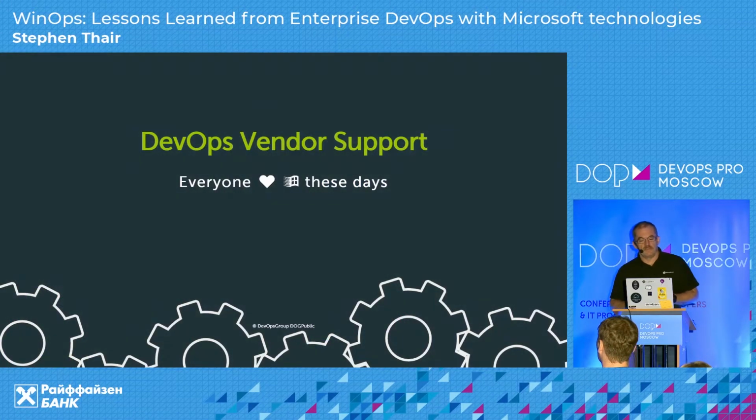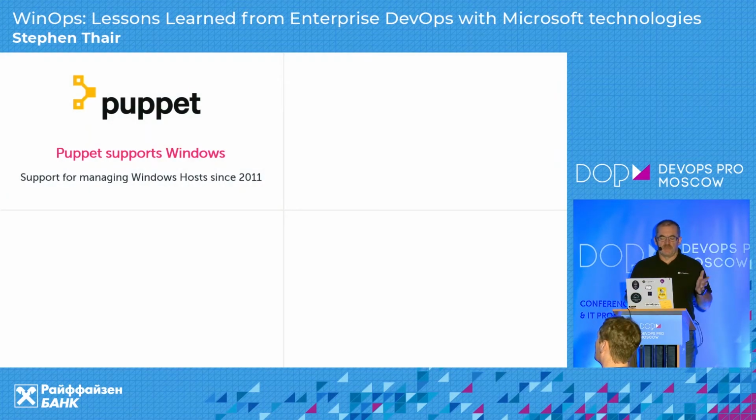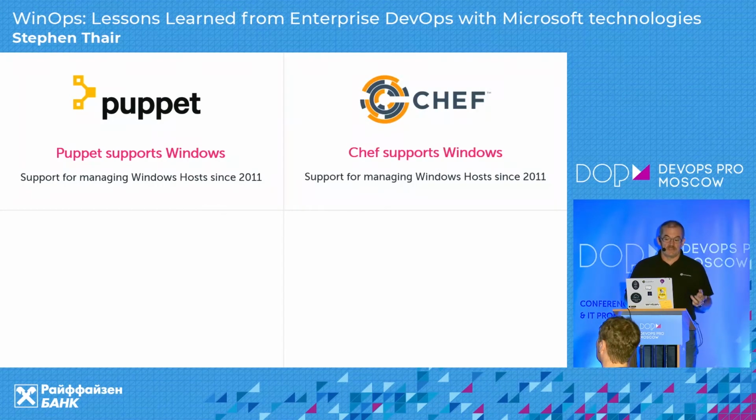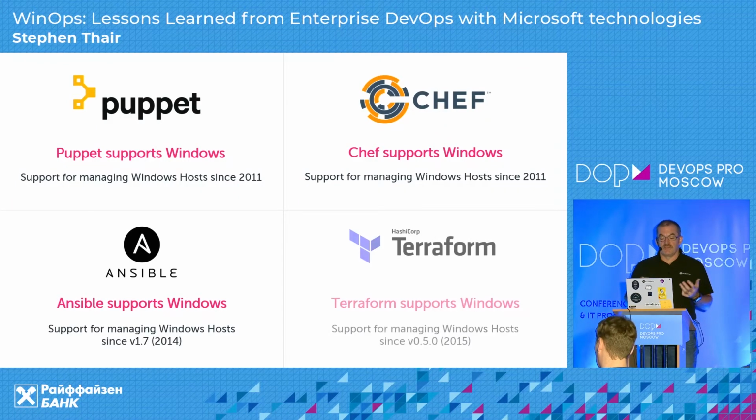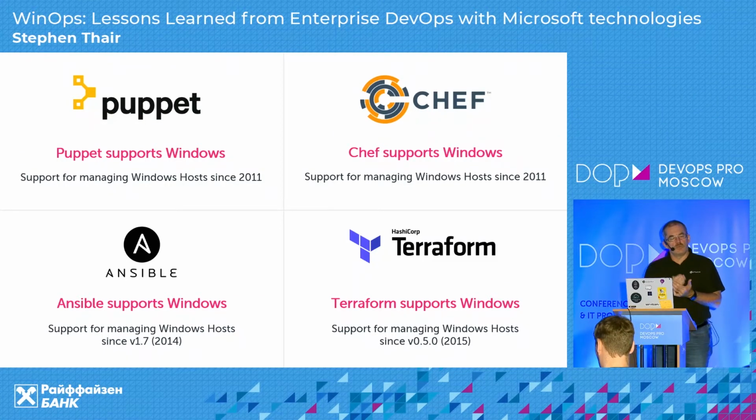So, finally, we just talk about DevOps vendor support. Everybody loves Windows these days. Just to pick 4 very common things, Puppet supports Windows and has since 2011. Chef supports Windows, has since 2011. Ansible supports Windows since 2014. Terraform supports Windows and has since 2015. So there's no argument to say, oh, I can't do it, the tools don't support it. Yes, they do. All of the major tools vendors support Windows, and you can pick this open source tool of choice